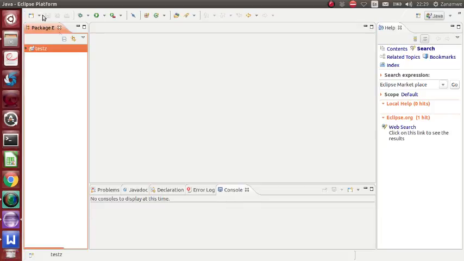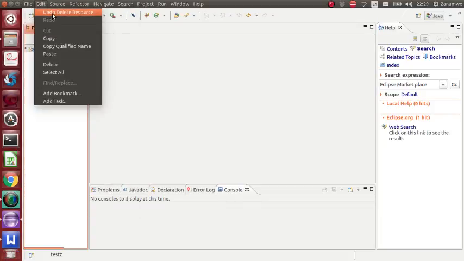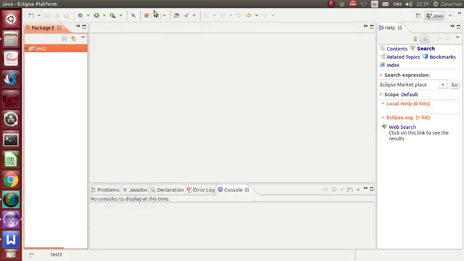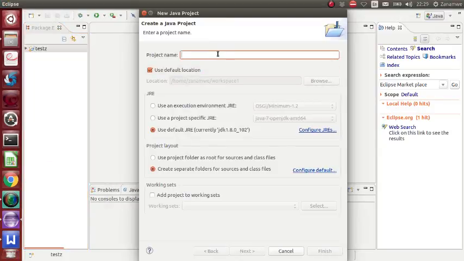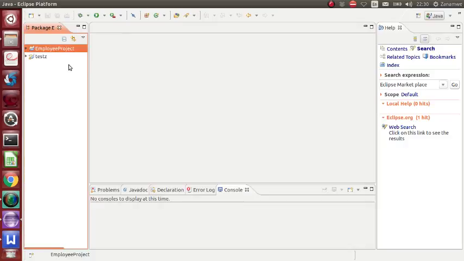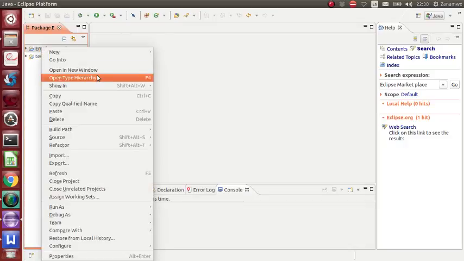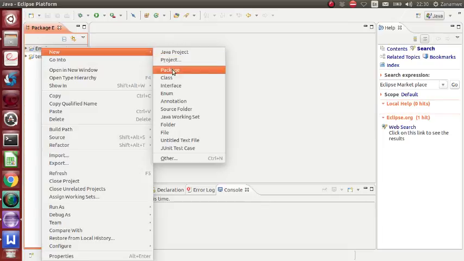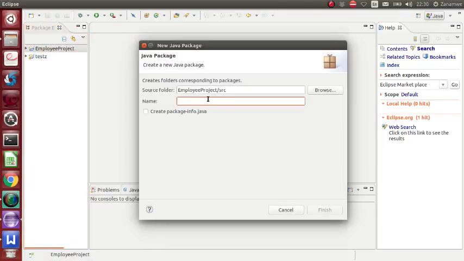Right, so what I'm basically going to do is create a project. I'm going to call it employee project, right? And then I click on finish. Now that I have a project, what I need to do is create a package inside that project. I'm going to call it employee package,